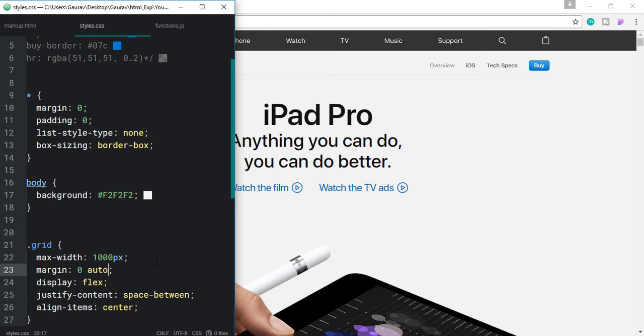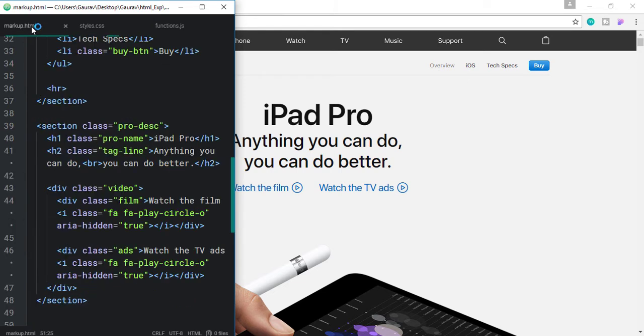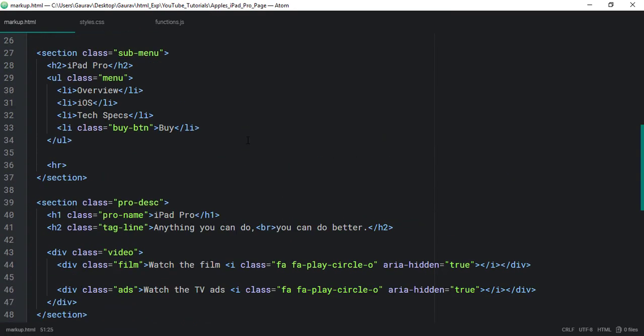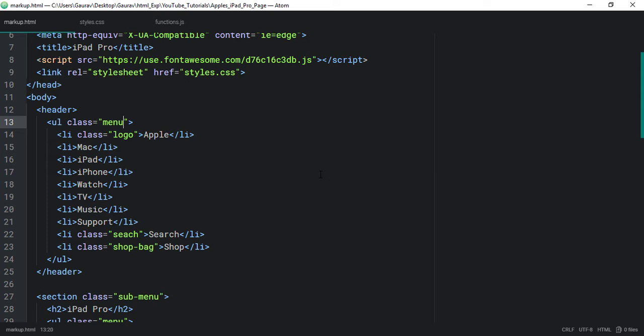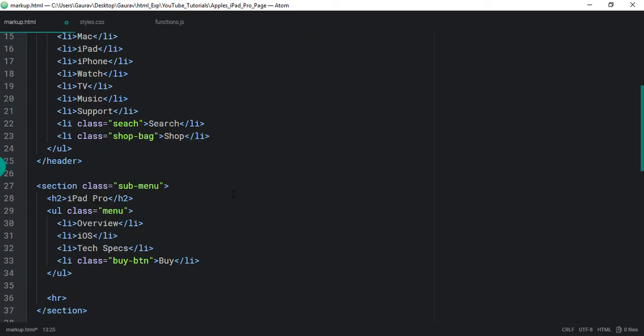Okay, so now let's apply that class to some of the elements. So we need to give the class of grid to this unordered list, so let's do that.